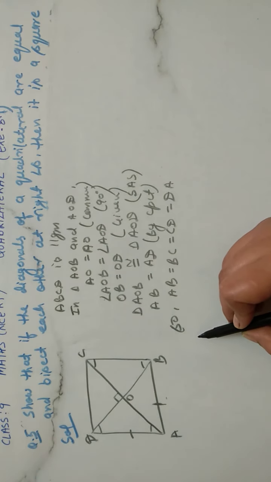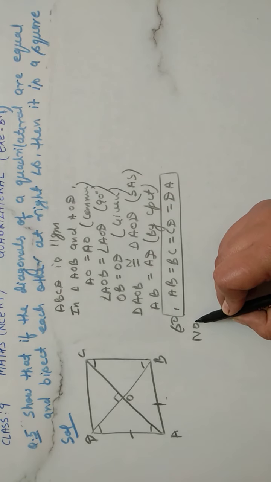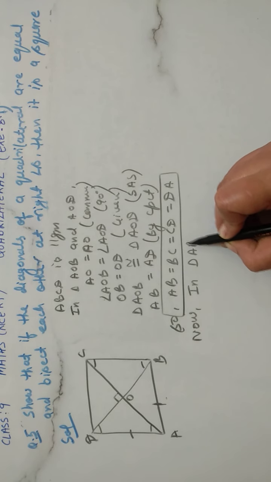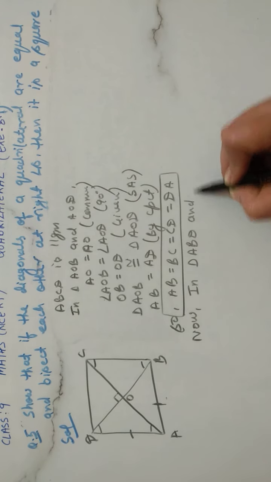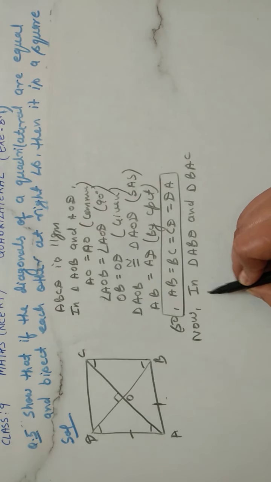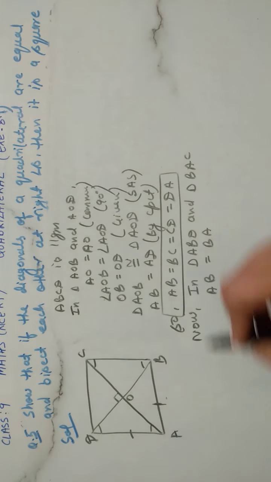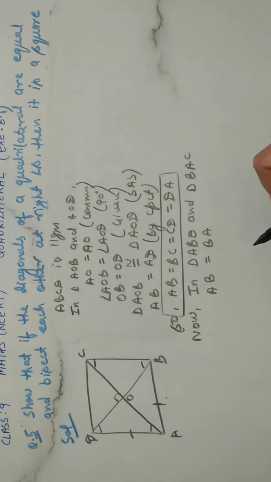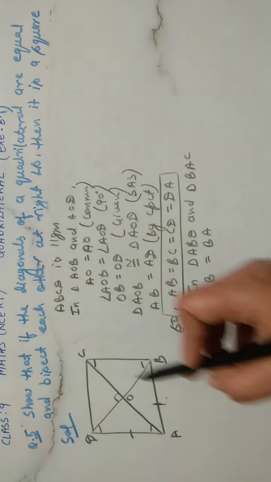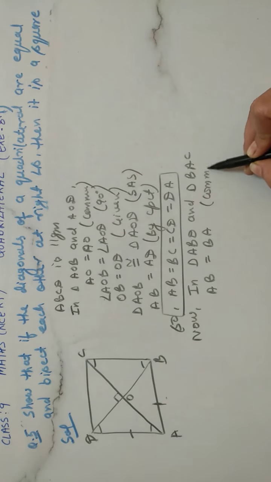So what we are taking now, these sides we have proved as equal. Now we will take the angles. So now we will take triangle ABD and triangle BAC. Just see what we are having in these two. We are having AB is equal to BA. Okay, just have a sequence. So we will term it as BA. We are having ABD and BAC. So AB is equal to BA. So this is common.